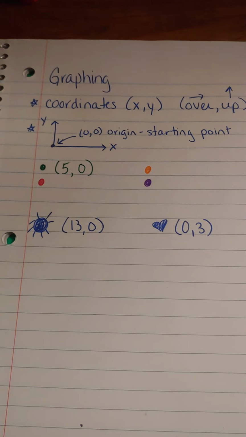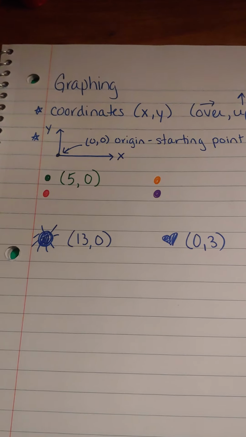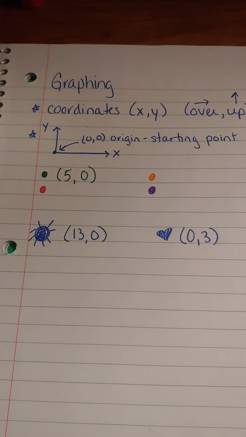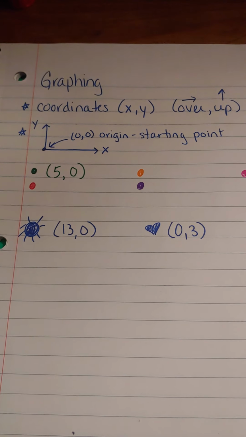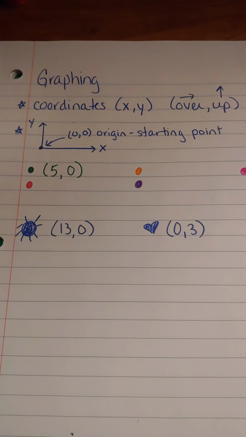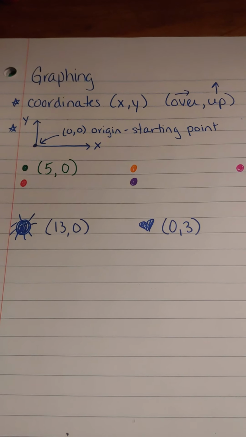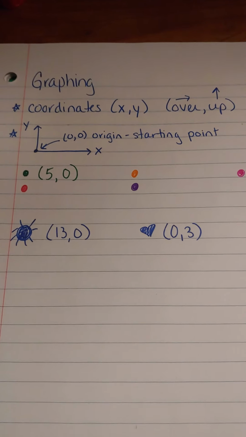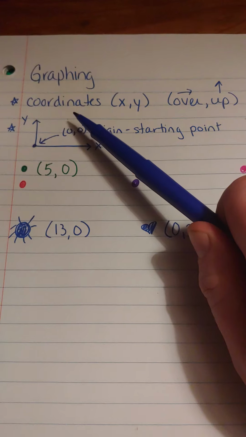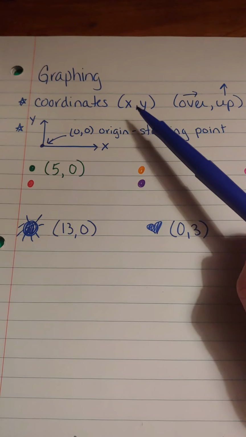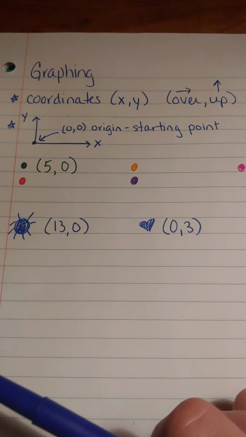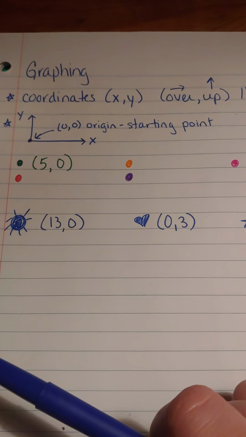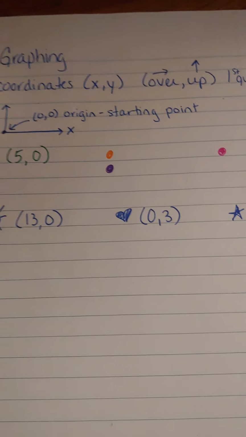Hi everybody, it's Mrs. Wilson, and today we're going to be talking about graphing points on coordinate grids. And in 5th grade we talk about coordinate grids and we talk about the first quadrant only, so we're only talking about positive numbers. So when we're talking about finding coordinates, we're finding basically x and y places on a grid. And these are both positive numbers in the first quadrant, and so what we do is we start at